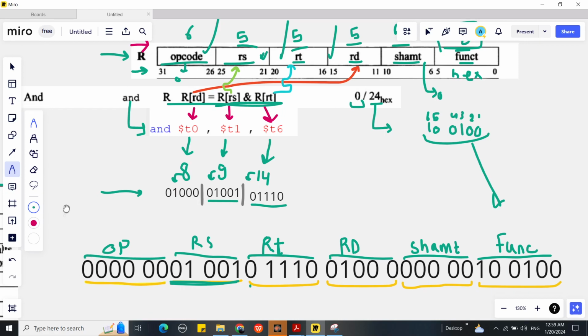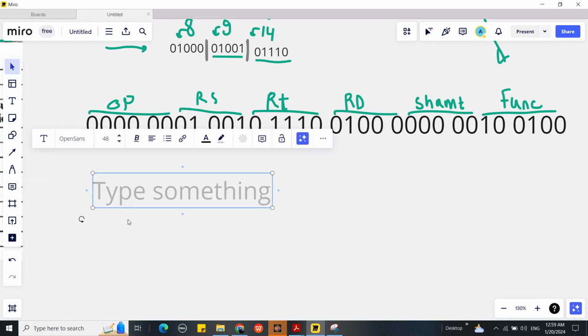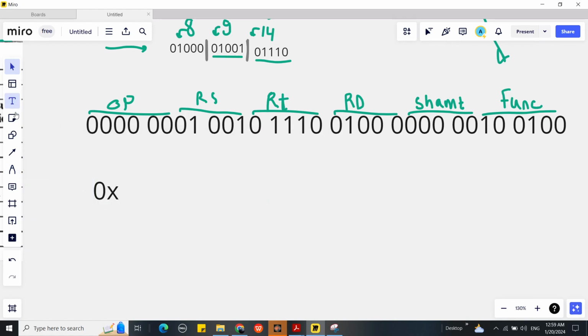After this, let me go down a little bit. We're gonna change this number to a hexa number, right? So we're gonna change this to a hexa number, and this is gonna be our final result. First of all, we start our hexa number with 0x, and then this is actually 0, this is